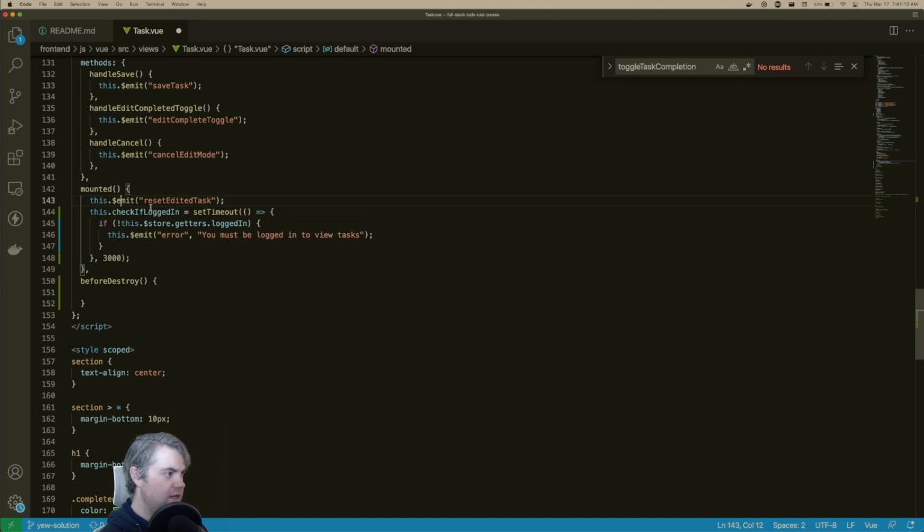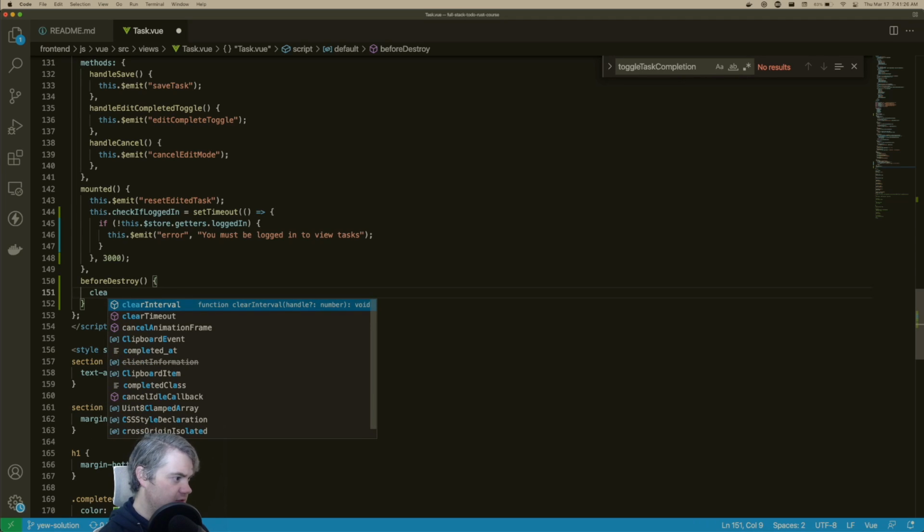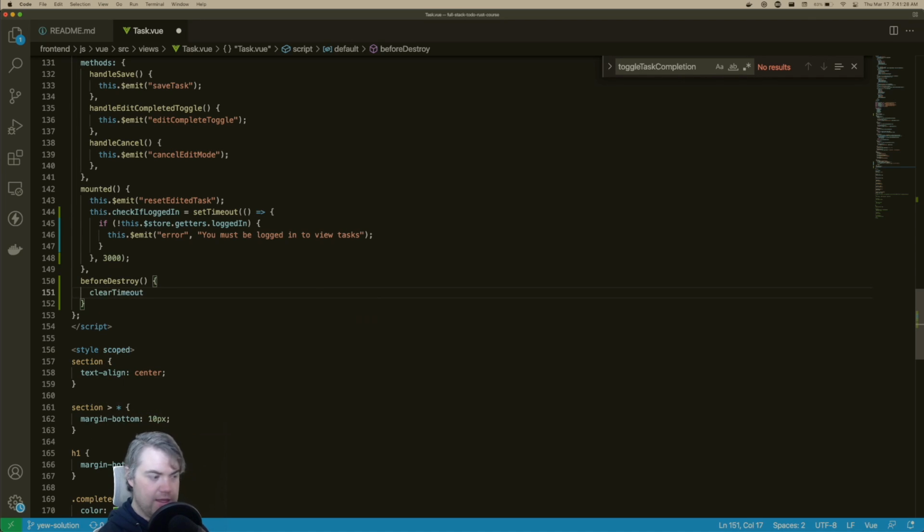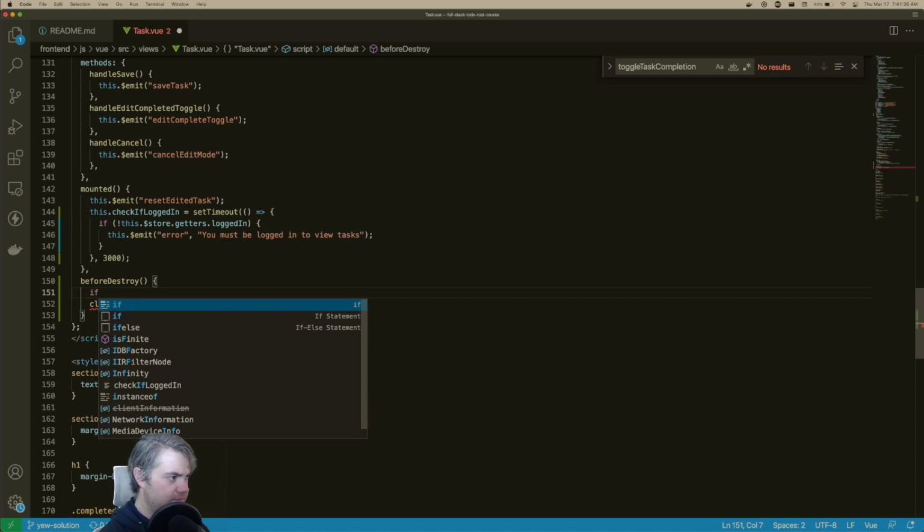Okay, so assign this to the internal state, run for 30 seconds. No, run for 3 seconds. If this happens here, we want to then clear timeout and pass it this dot check if logged in. But I probably only want to do that if there is one. So if